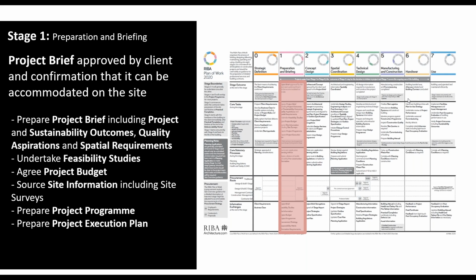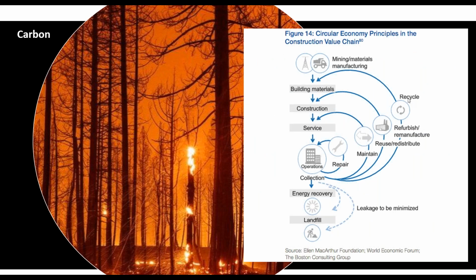Next slide. And I think this is where really the topics that Dan's going to come on to become really important, because what we're seeing is that a lot of the topics that are driving change in the design process, so the shift to net zero or circular economy approaches, really are now beginning to go back and impact on how the client briefs for a building. So how does a client want to look at the whole challenge of developing a circular economy? How long is the building going to last, and so on and so forth. So there's a number of topics like this that are really changing the way we design. So we need to somehow push those back into the briefing process.